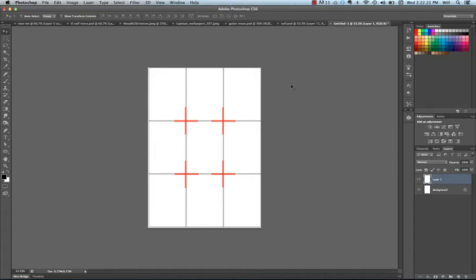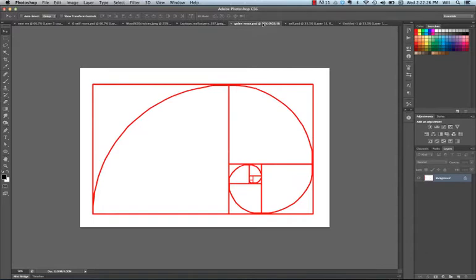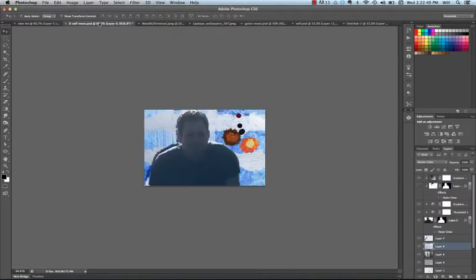Okay, so your next step is to use the grid or the golden mean. Both of these are going to be guides to determining how big and the placement of your objects in your photo illustration. So let's take a look at a self-portrait. How big should I make my self-portrait? Let's start with